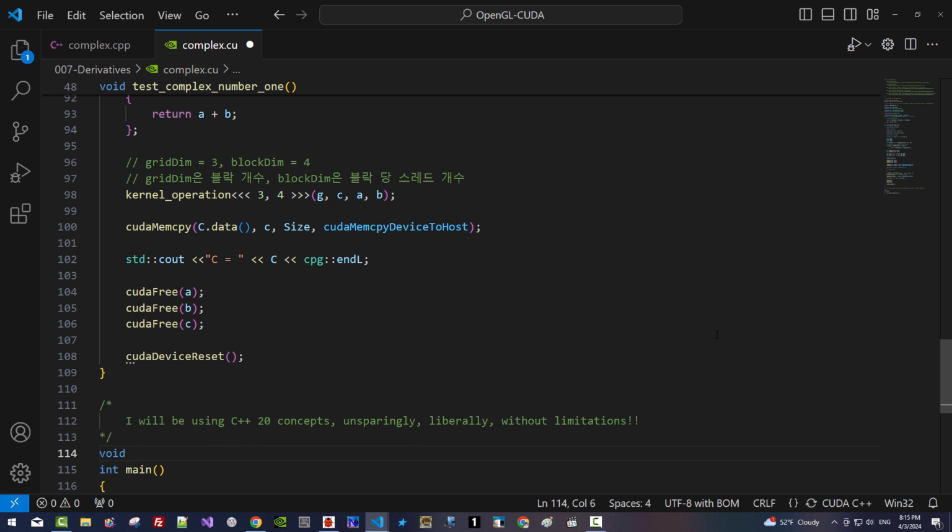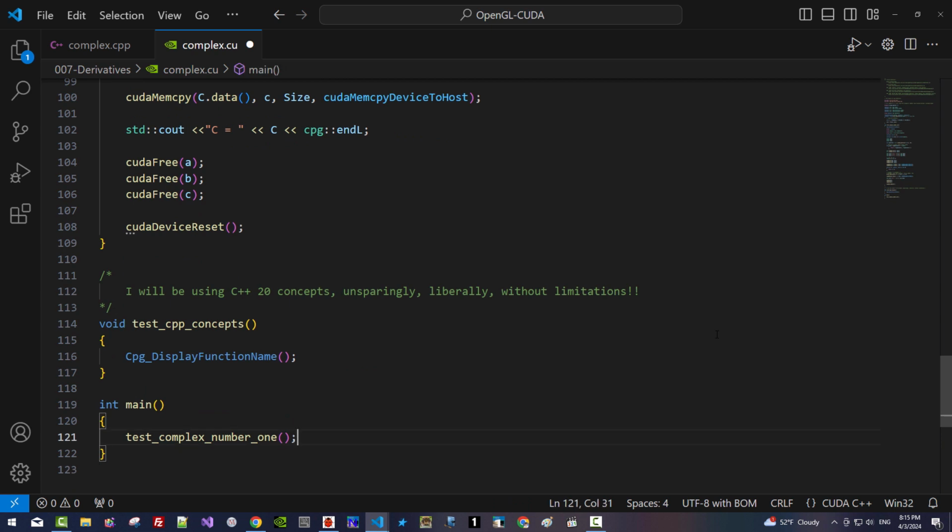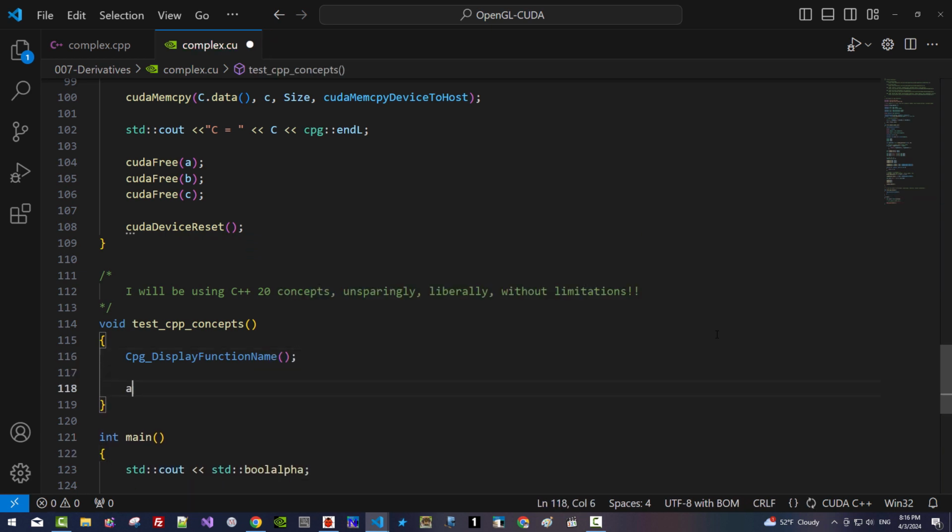For example, for the test CPP concepts, CPG display function name. This is a macro. Copy the function name test CPP concepts. Paste it in the function main. Disable this part. std cout std bool alpha. Here, auto i1, auto d 4.5,